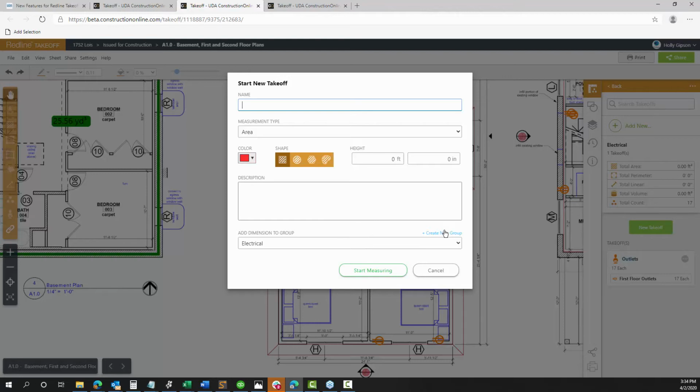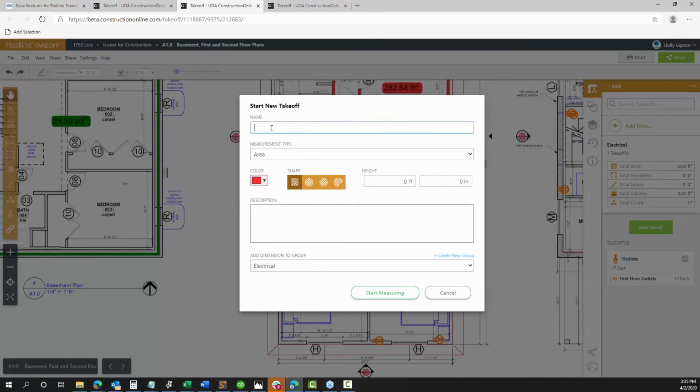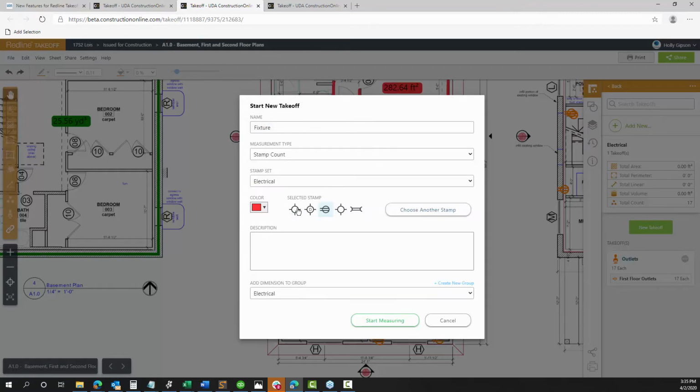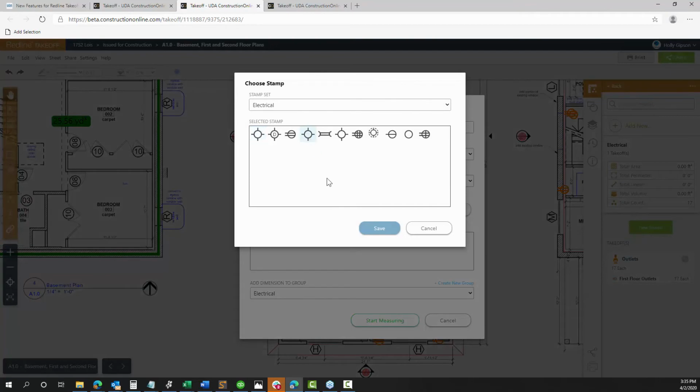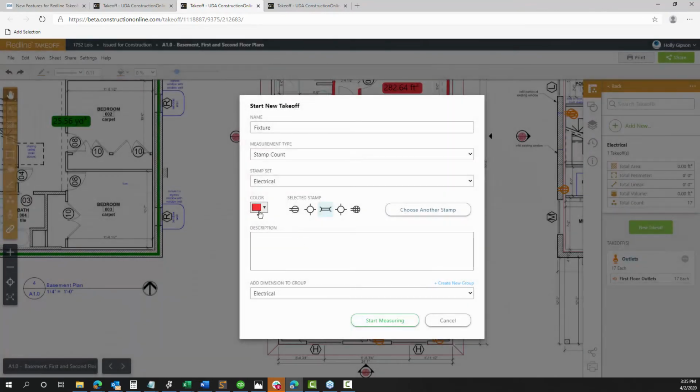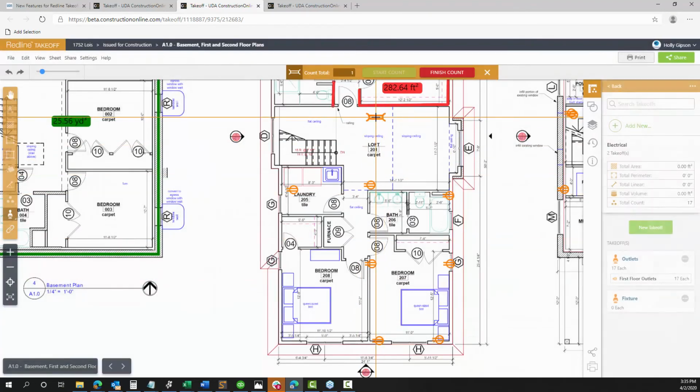Also have a great question about, can you do multiple counts of different objects on the same page? And you definitely can. So if I needed to start measuring a different object at this point, maybe some sort of fixture or whatever it is that we were wanting to count, choose a different symbol and go ahead and start measuring right on the same sheet. So you can really just keep going with this as much as you need, which is one thing that's really nice about having the